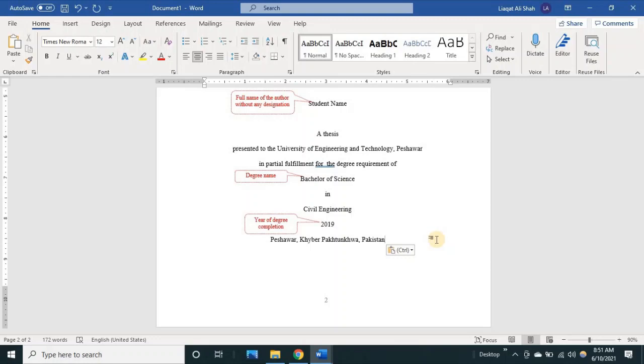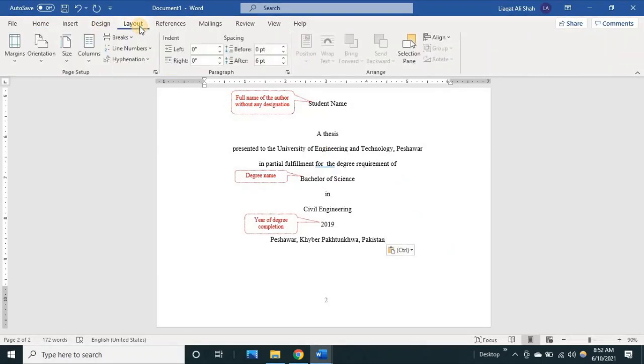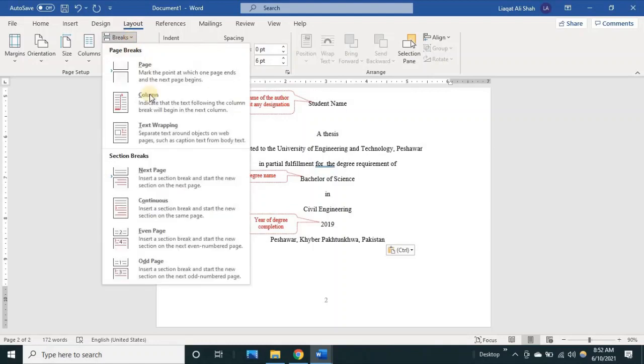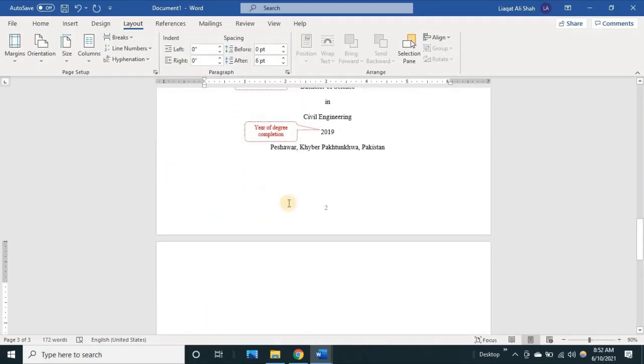Here we start another section so that we can give it proper page numbers and Romans. So how will you do that? Go to the layout, press this breaks and section break, go to next page section break, so you will go to the next page.